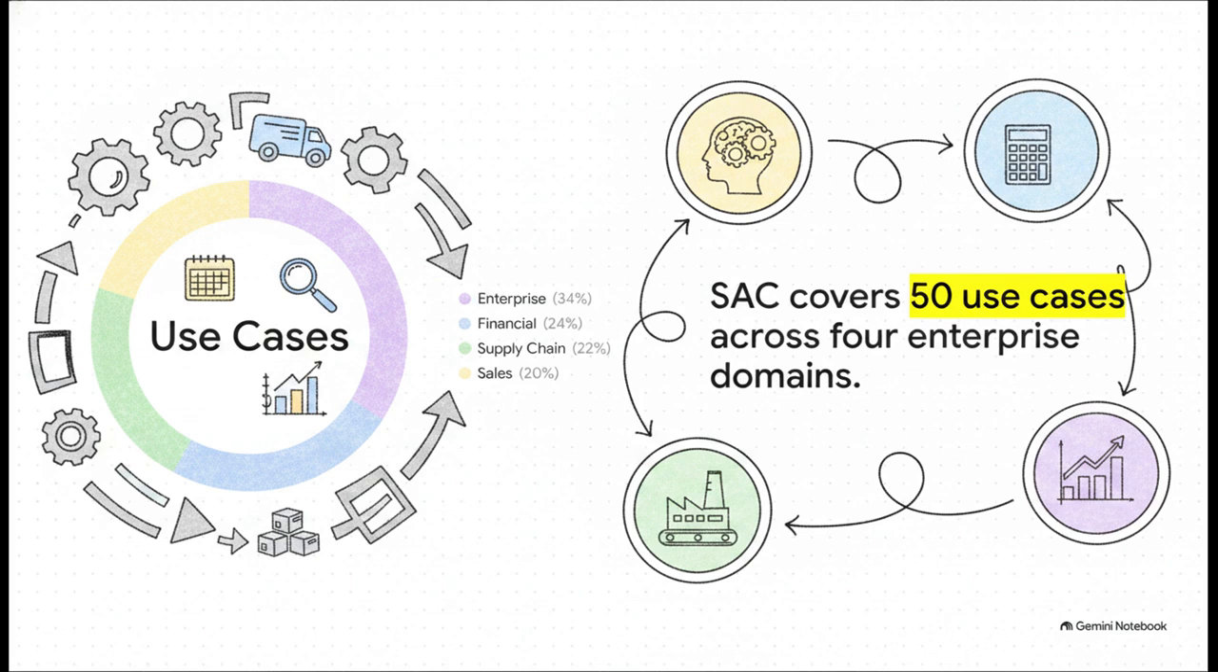We're talking about 50 distinct enterprise use cases. That breaks down to 17 in enterprise planning, covering integrated business planning and rolling forecasts, 12 in financial planning for revenue and headcount, 11 in supply chain for things like inventory and capacity, and 10 in sales planning for quotas and pipelines. SAC can literally handle all of this without ever slowing down, as long as you maintain that streamlined